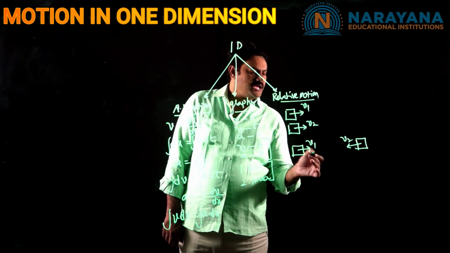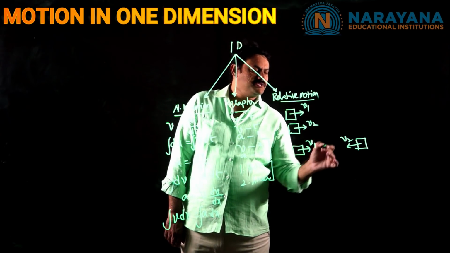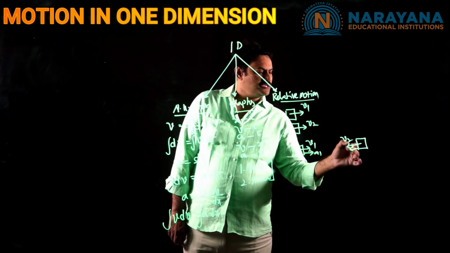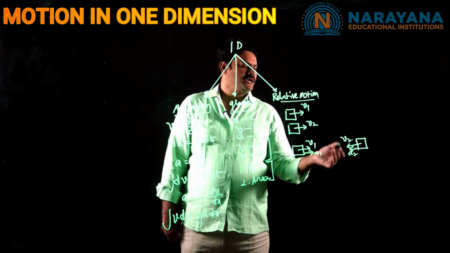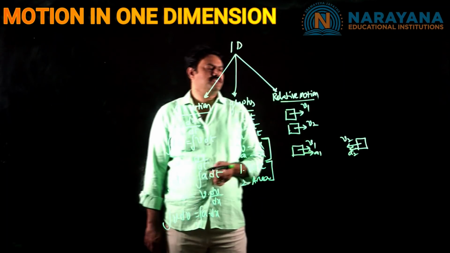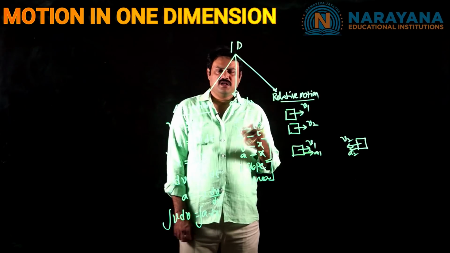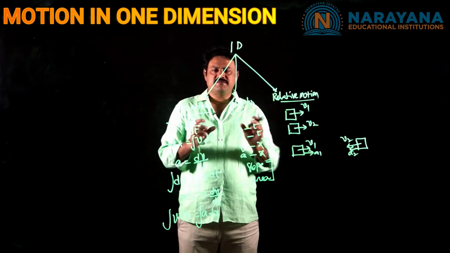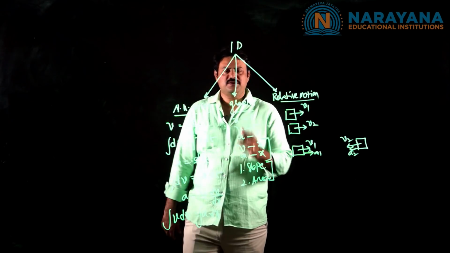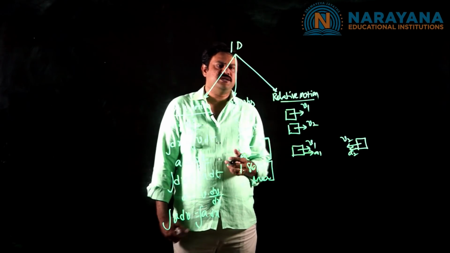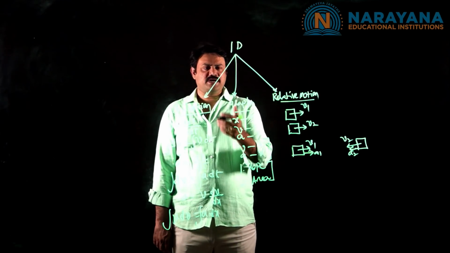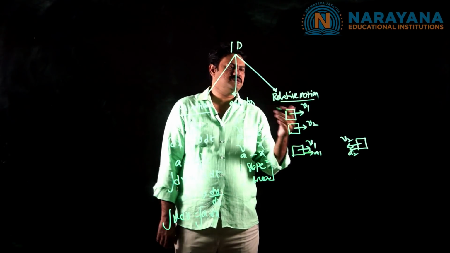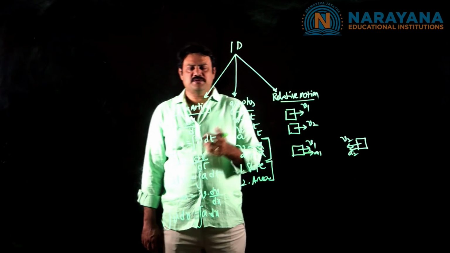And suppose the accelerations are also given, this one is moving with acceleration a1 and this one with acceleration a2. Then after t seconds, calculate the separation between the two bodies. So in the last mains and advanced examinations, these are the very important topics: one is non-uniform motion, second is graphs, and third is relative motion. Now I will explain separately the questions given in non-uniform motion, graphs and relative motion.